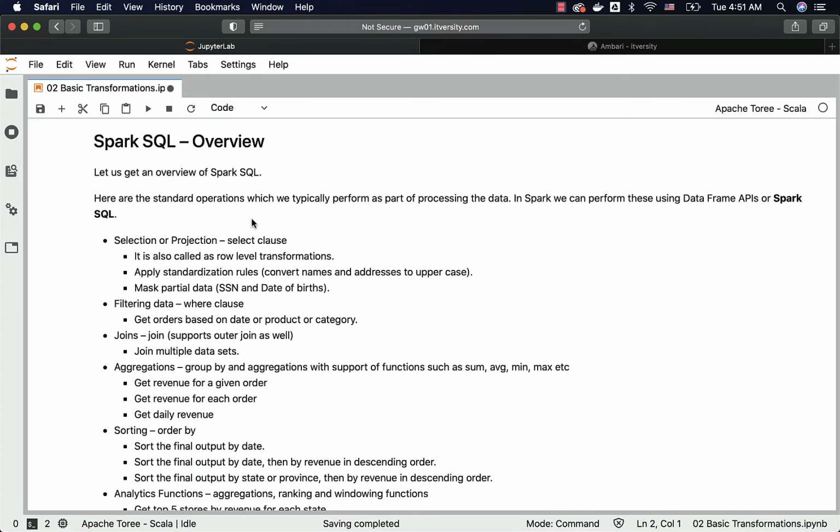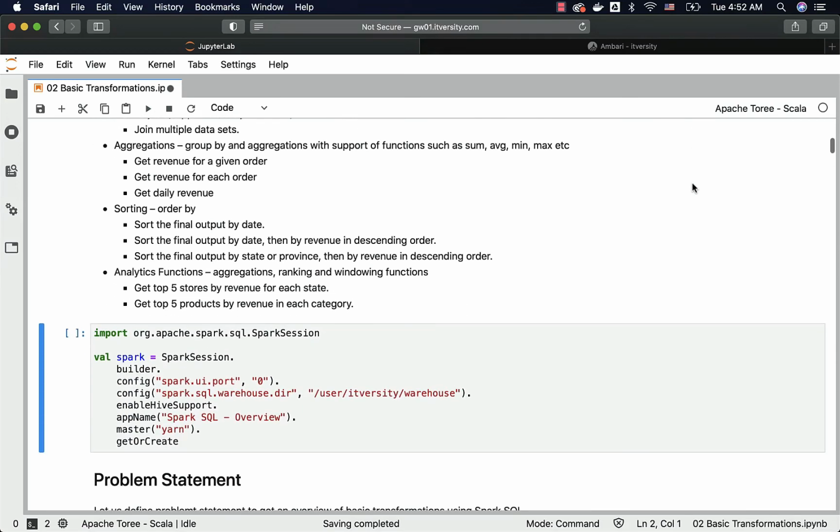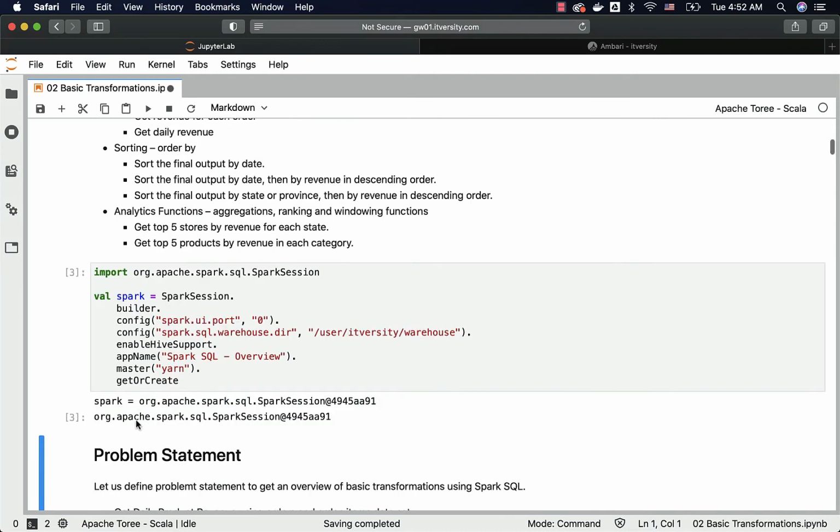We'll be using Jupyter Hub to actually demonstrate the capabilities of Spark SQL. As part of the Jupyter Hub, we have a kernel called Apache Toree Scala, which accepts the %sql magic command to run SQL queries. For that, I might have to start the Spark session using this simple Scala script. You should see the output like this. Make sure you copy paste this and you can run it as part of your Jupyter Hub environment, which will be set up when you actually sign up for our labs. If you are not using our labs, you can either use Spark Shell or PySpark depending upon the programming language you want to explore, or you can also launch Spark SQL and you can take it further.